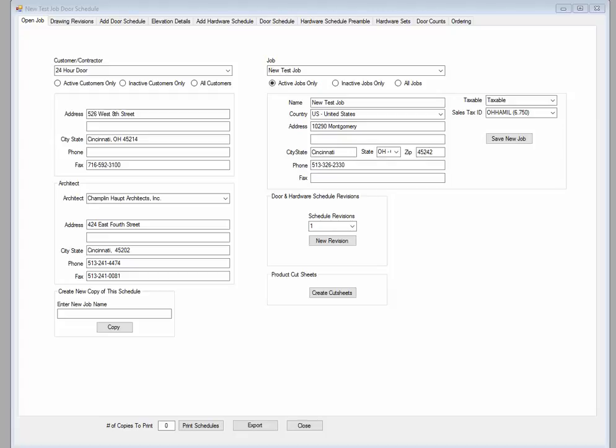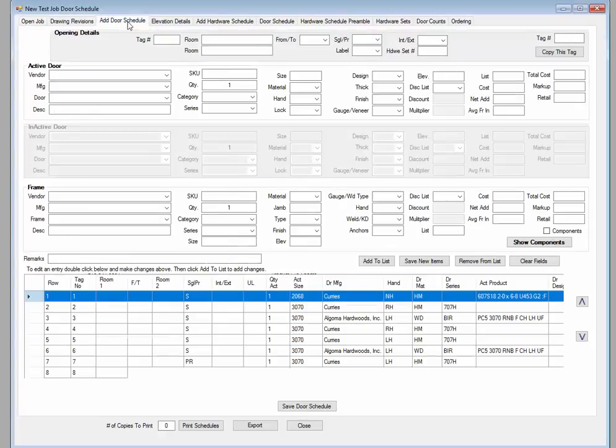Hi, in this program I want to cover how to enter elevation details for your approval drawings. These are going to be details of a standard size door, vision door, half glass, a three-sided frame, things like that. To do that, you want to open up your door schedule, and as you're entering